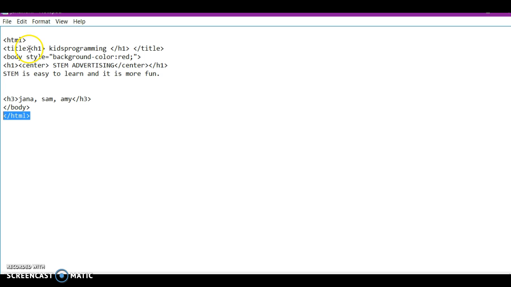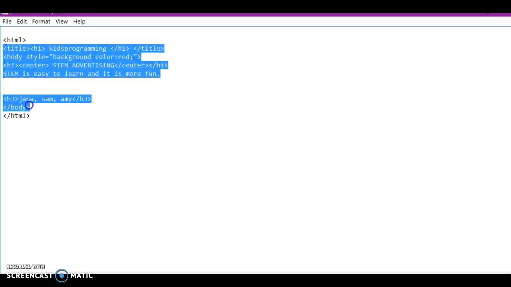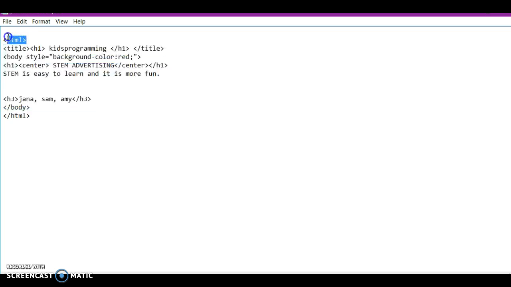It's mandatory, and every HTML program should have a title and a body, and every HTML tag should end with the same thing. Like here, the title is nested inside the HTML, and the body is nested inside the HTML. In this program, the title is Kids Programming. This H1 represents the